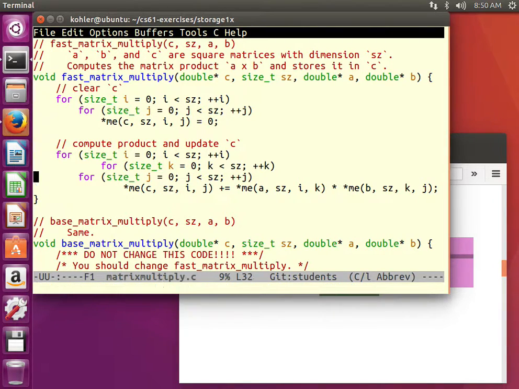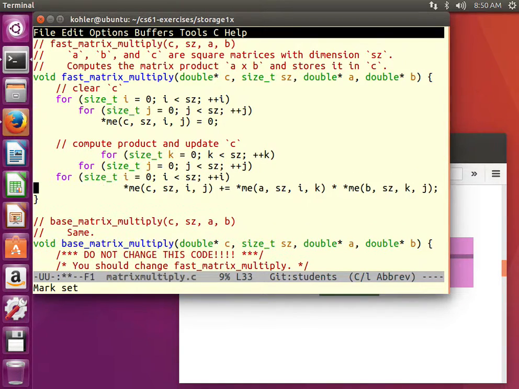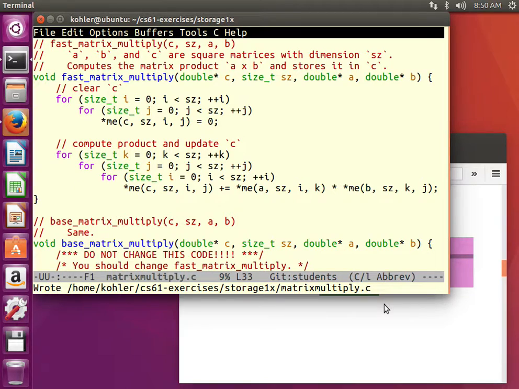What about our bad order? Again, this picture is the same if we do kij or ikj. Our bad order is where i is the innermost loop: kji, jki. If i is the innermost loop, let's reason about this without looking at the picture first. There's going to be a single point in B that we access because i doesn't appear in its arguments. We're going to access an entire column of A, the left-hand operand, because i goes through all possible values.